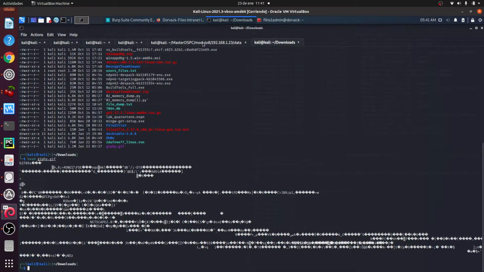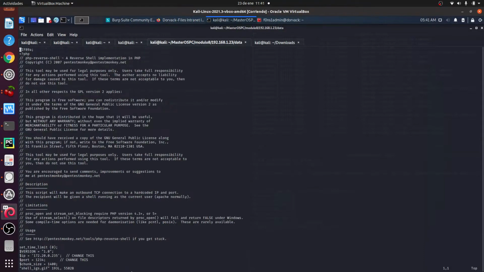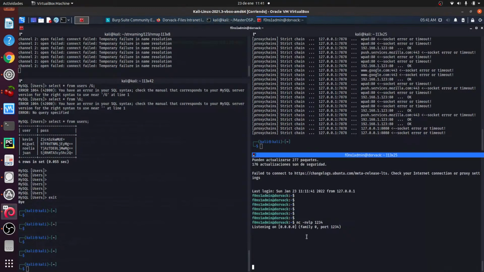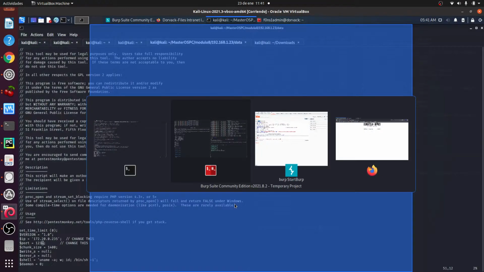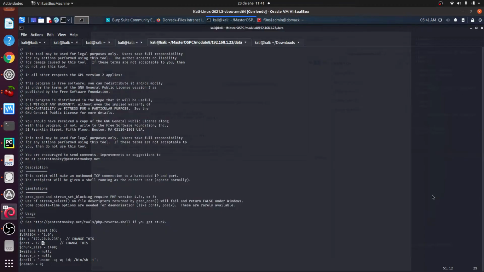Because this shell is going to send to this IP and this port. For this reason, we need to listen here at this IP and this port. So using this injection,